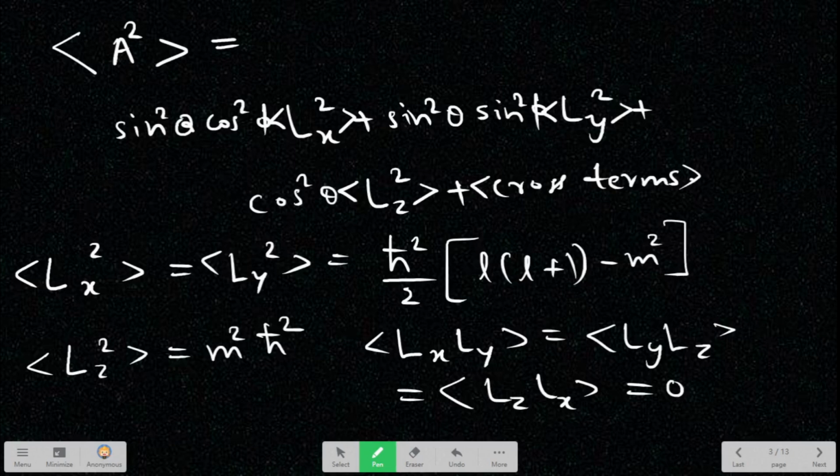Therefore the cross terms do not contribute to the expectation value of A square. And if we substitute Lz square expectation value is m square h bar square, Lx square expectation value is equal to h bar square by 2 into L plus 1 minus m square, all of these things, if you put in this equation right here,